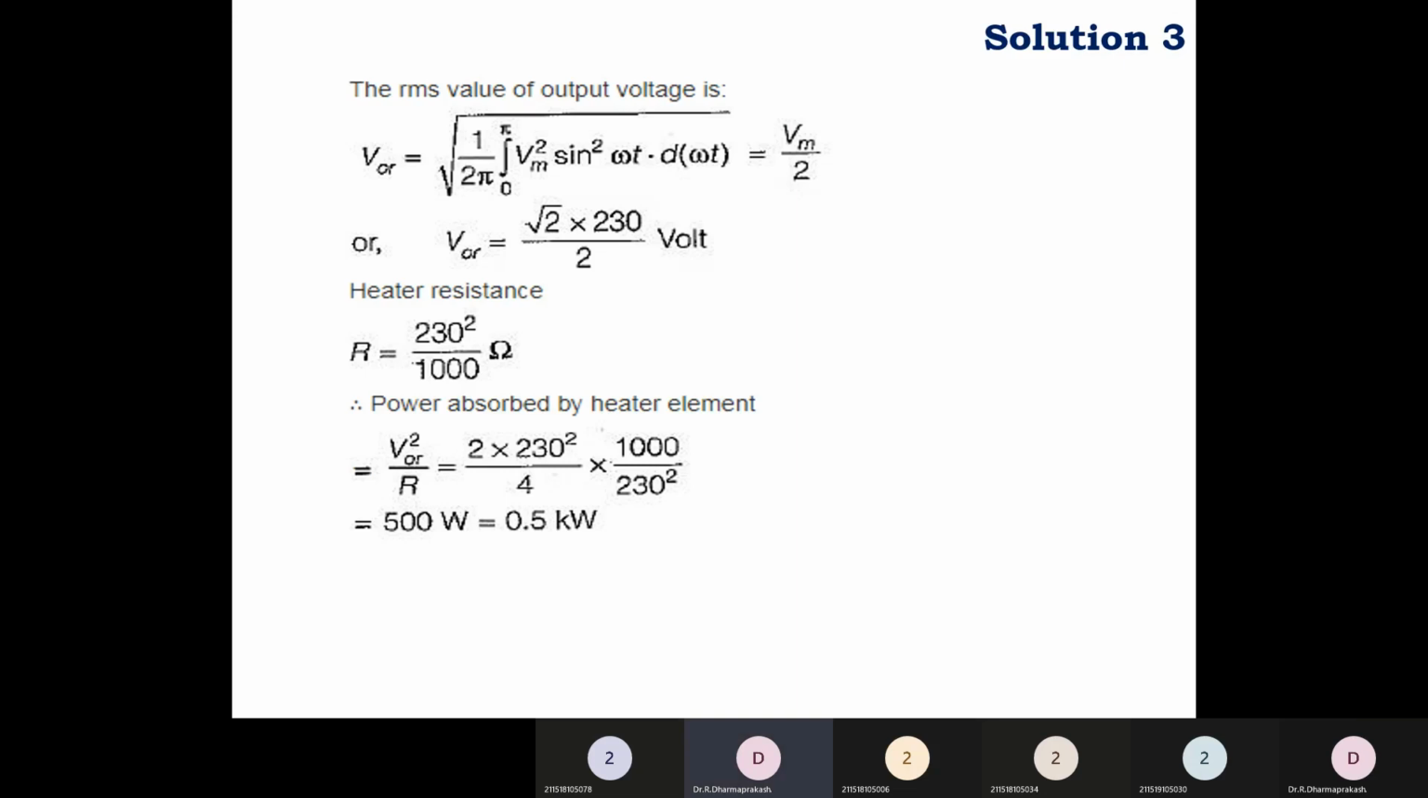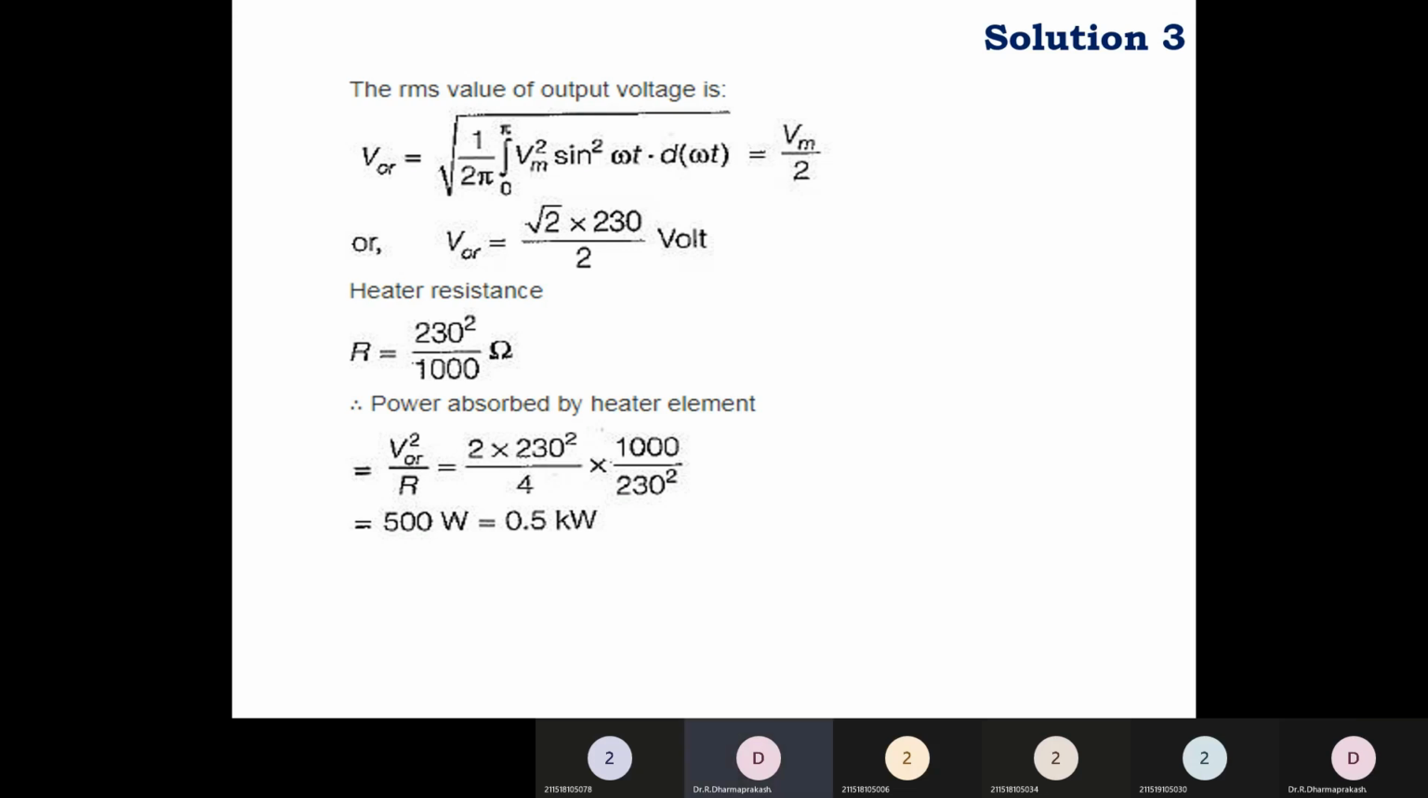So here you know that the RMS output voltage of the half wave diode rectifier is Vm by 2, as we already know. Here Vm is equal to root 2 Vs, that is root 2 into 230, divided by 2. It will give the output RMS voltage. And the rating of the heater is given as 1 kilowatt. So from this you can find the resistance of the heater, which is equal to 230 square by 1000, since it is the power which is given here. So the resistance will be equal to